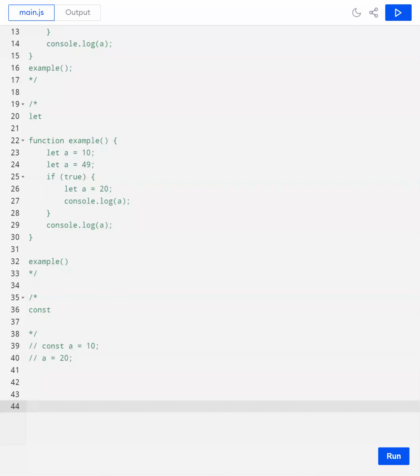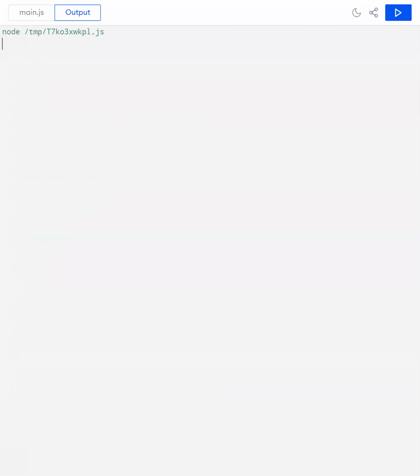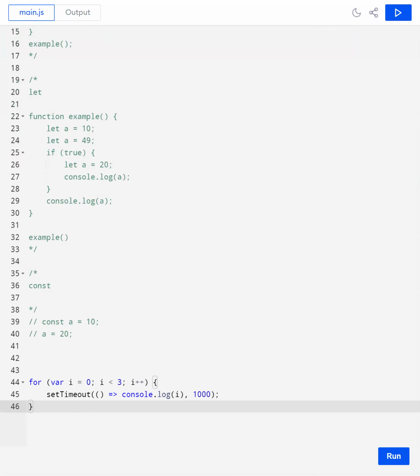So let me give you a short example. When you're dealing with something like loops, and within there you have an asynchronous operation like this one here, I want to ask you a question. What do you think this answer is going to be? Most of you might say, okay, this is going to be the normal thing we know, 0, 1, 2. But you'll be surprised that what you're going to see is totally different from what you're thinking. This is going to be 3, 3, 3, because this is registered in a global scope,